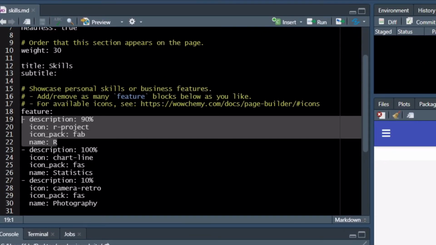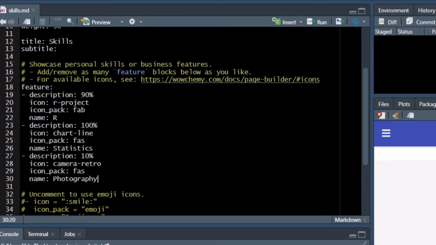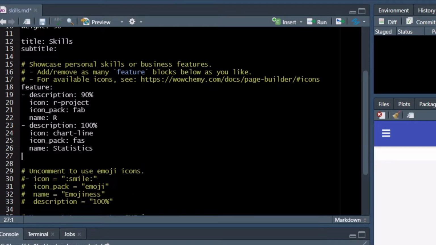So each icon has a few different things. So there's a description, an icon pack, and the name for each. I am just going to go ahead and get rid of the photography because we don't need that. And I'll just make a couple of changes because I do like this R. And of course, I'm using R now. So I will write a brief description just saying, I will put this in quotes, I have